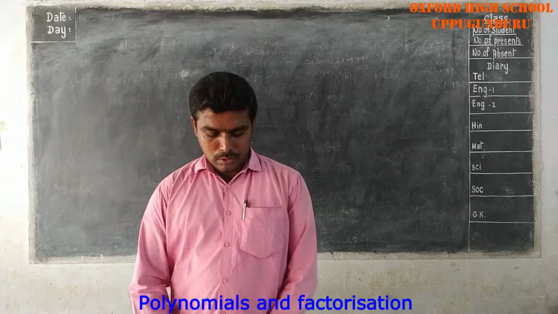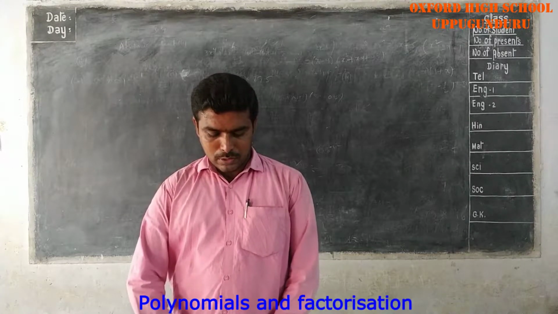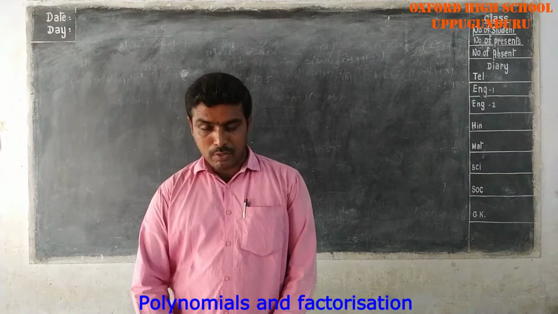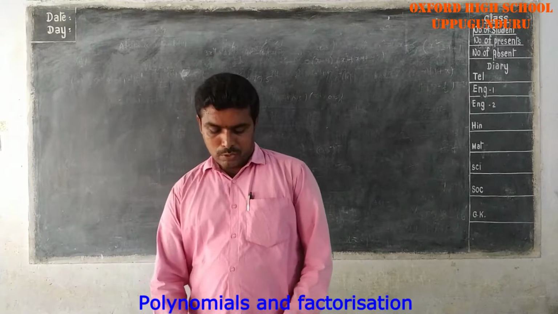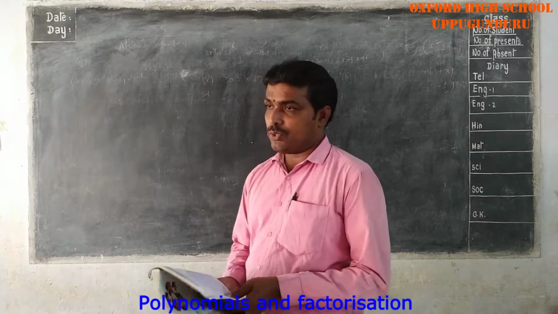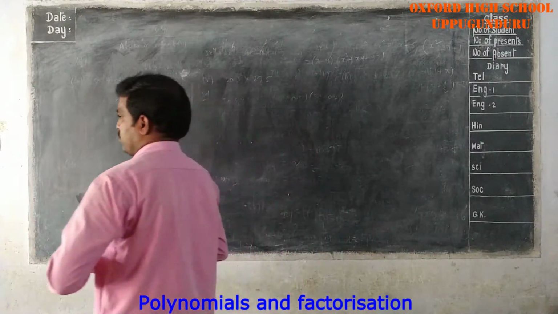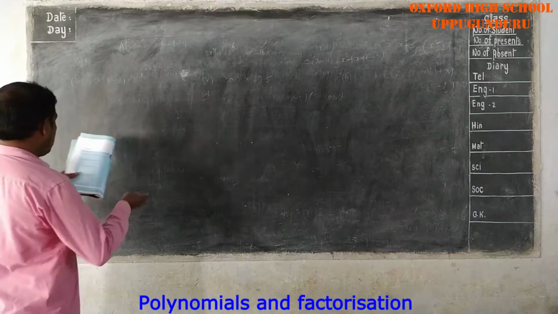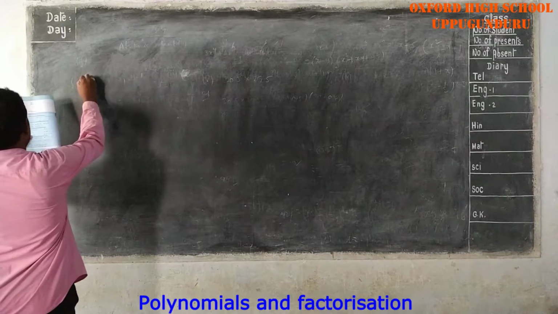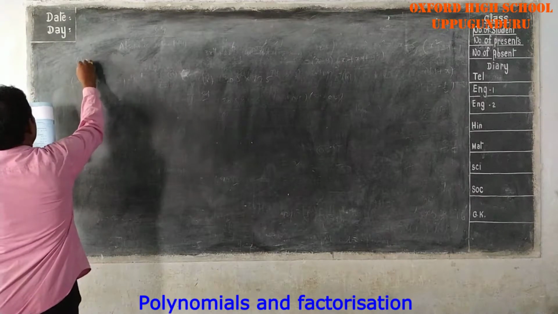Today we will do the third Roman onwards. In the third Roman, what do they give? Factorize the following using appropriate identities. You have to factorize the given problems using the different types of algebraic identities. First one, third Roman, first one,